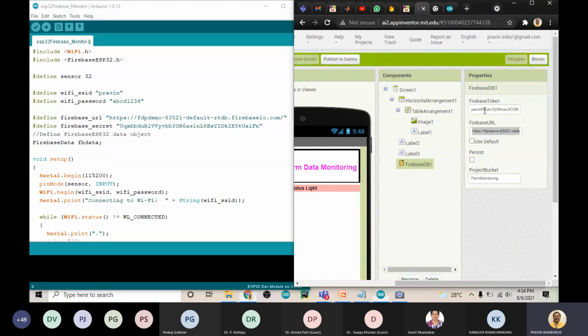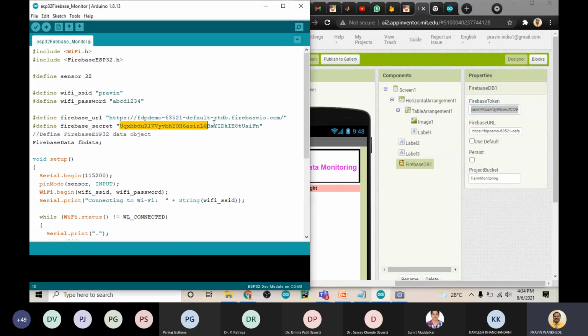Then the Firebase token, so copy this token, that is the secret key, and paste it here. Remember that this secret key and URL should match in your IoT board code as well as in your app code. Then and only then will there be complete communication through Firebase.